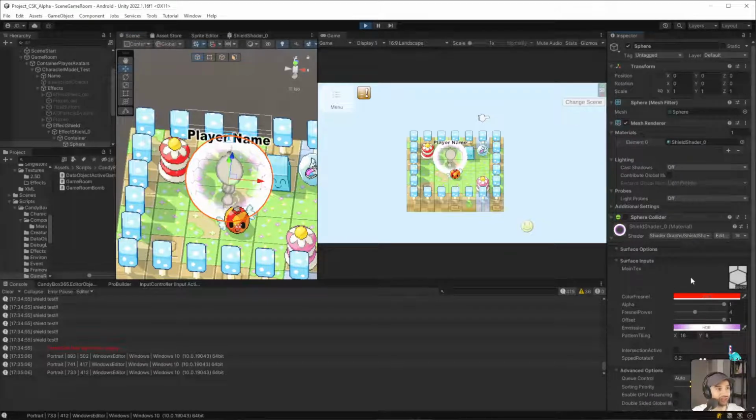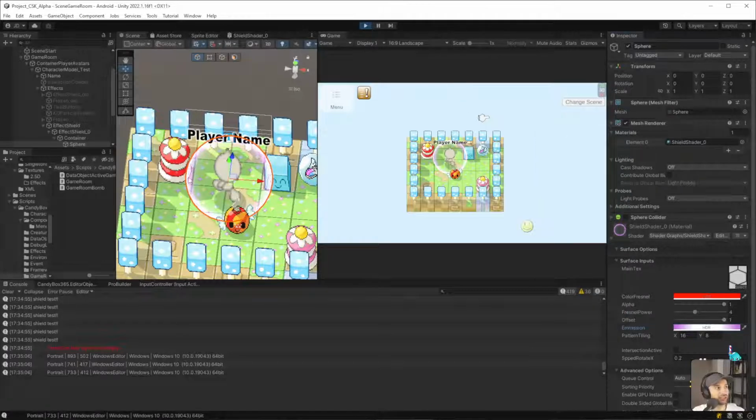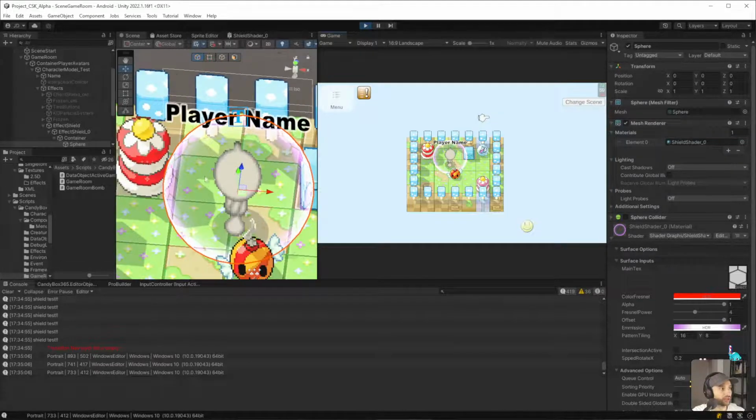So this one, the HDR, I believe, is too high. Yeah, 7 is way too much. Let's tone that down to about 3. Yeah, I think that makes a bit more sense. Maybe even 2. No, I like 3. Let's go with 3. So this gets saved. It doesn't matter if it's play mode or if it's stopped, it gets saved either way. But this one is another really cool one that I did.